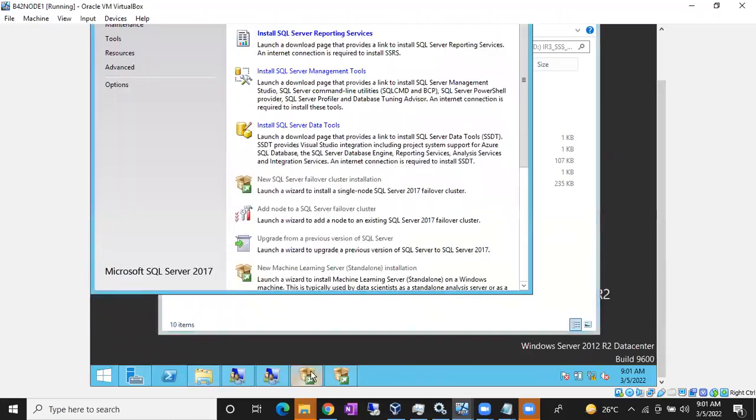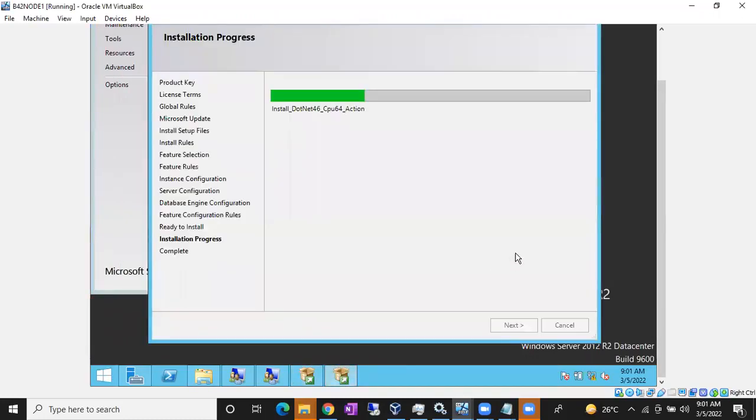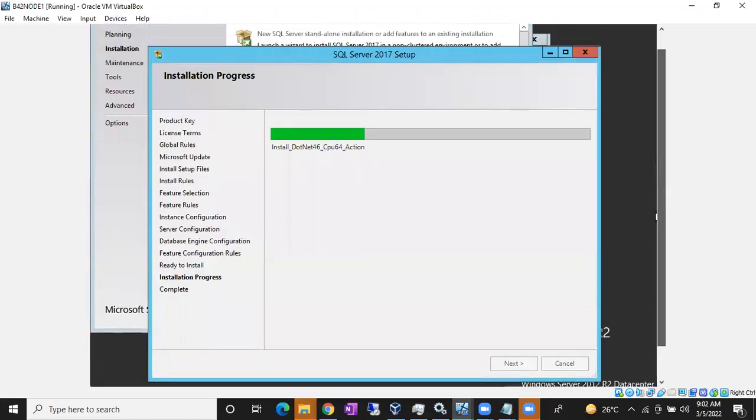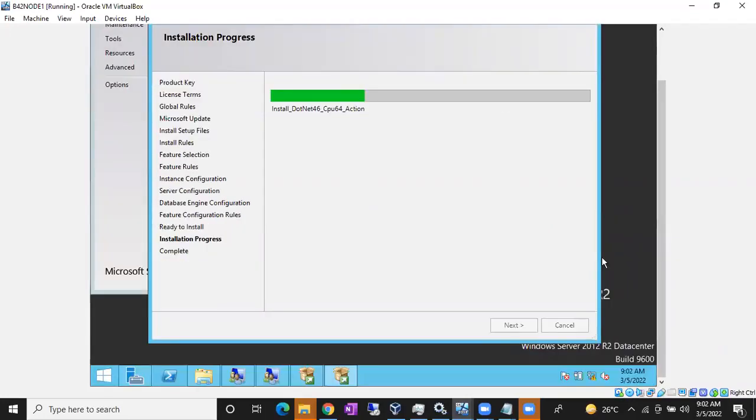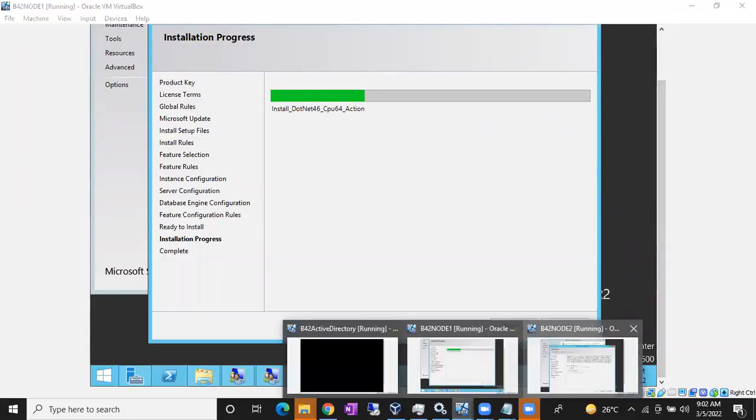There's no installation in node 1 right here, but it was stuck. The thing is, we haven't installed .NET Framework. Without doing that, we just started installing SQL Server, so it was stuck at .NET. You can see here the .NET file was not moving, so it was stuck. That's why I'm canceling the installation. I'm proceeding on node 2, then again I'll go for node 1.